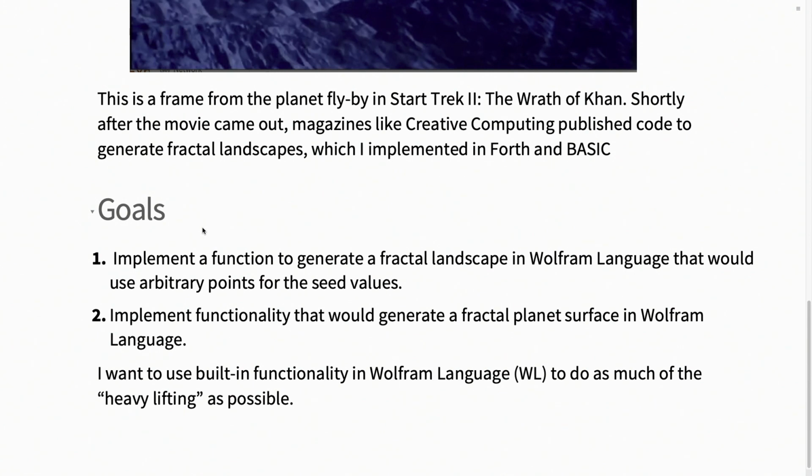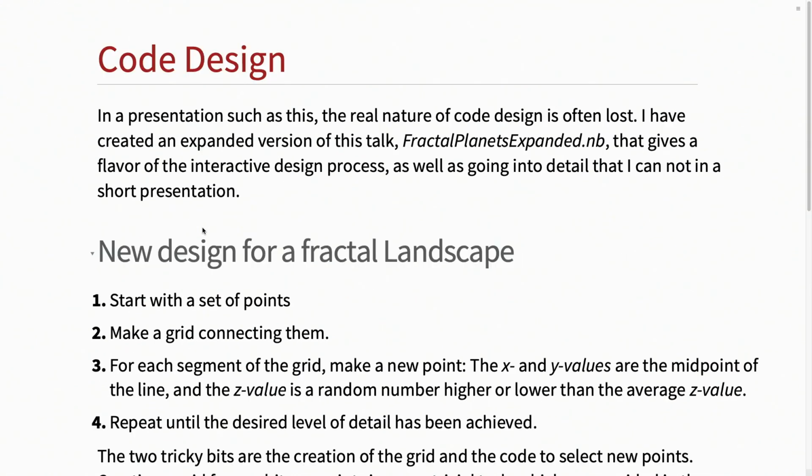And I wanted to make as much use of the built-in functionality in Wolfram language, at least for the initial explorations. Okay. The basic